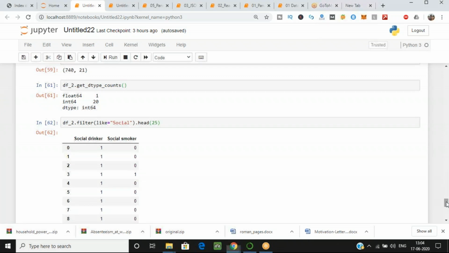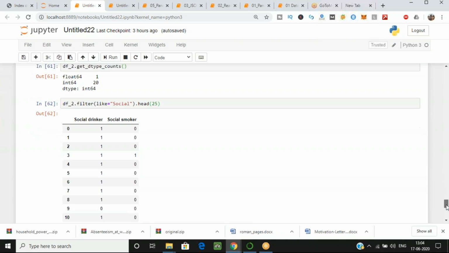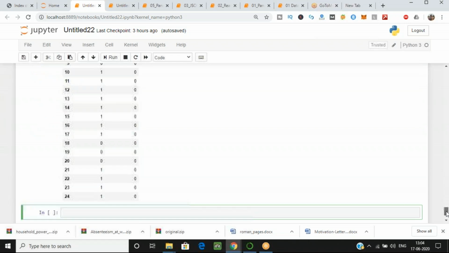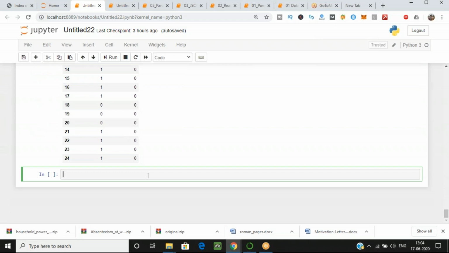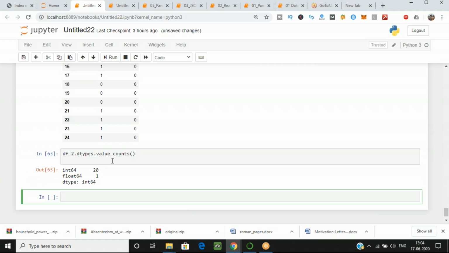Okay, just try this command also, df_2 dot dtypes dot value underscore counts. Just try this command. Wait, you will see in your screen in just a bit. Yeah, now just type this command.